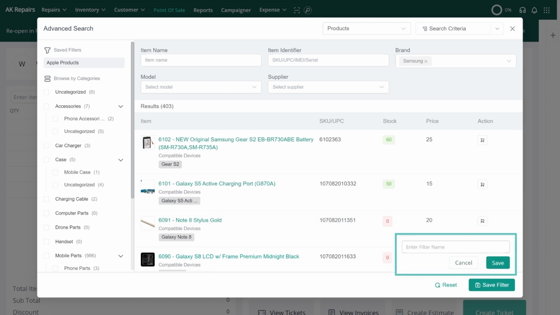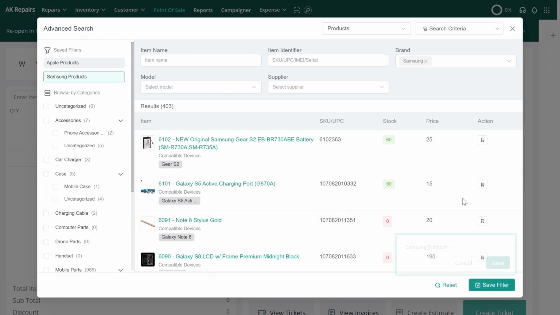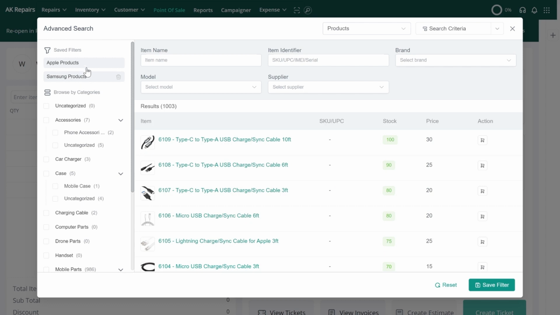Simply click on the Save Filter button in the bottom right of the screen and enter a name for the filter. Then, click Save. Under Save Filters in the left panel, you can simply click on the filter to view Samsung products. What's more, the advanced search feature offers another drop-down menu that lets you narrow down your search with